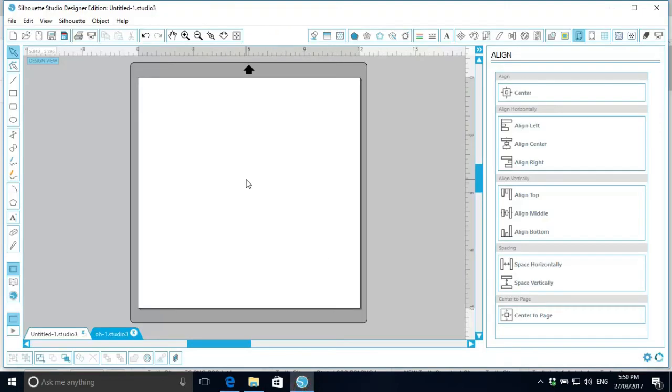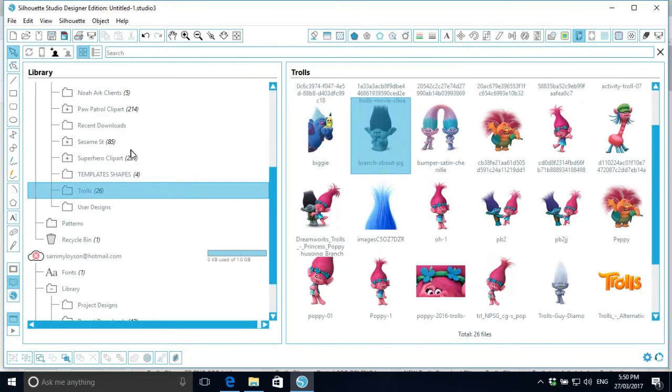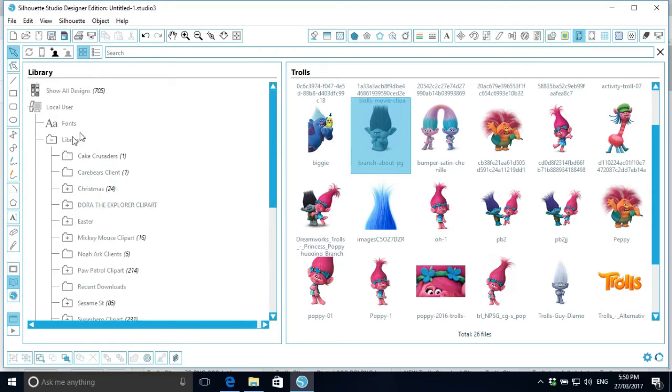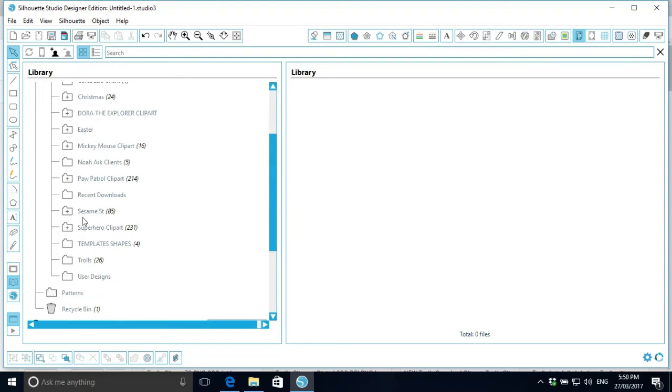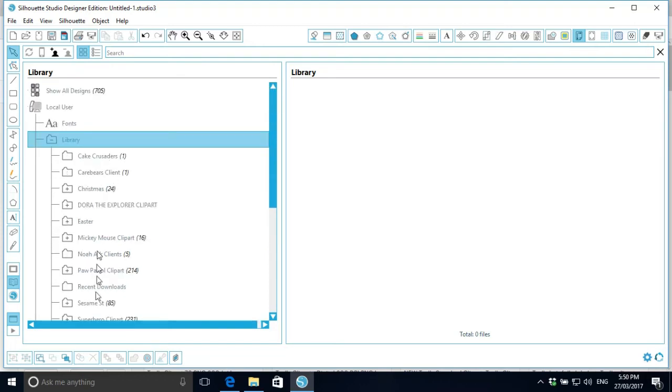So once you have found your image, you're going to save it onto your hard drive or onto your computer. If you go onto the left hand side here, this is where your library is. Now you'll be brought to the top section over here. What I do is I've actually got all my software or all my clip art all in their categories. So all you need to do is right click, new folder, and then you just pop in your name